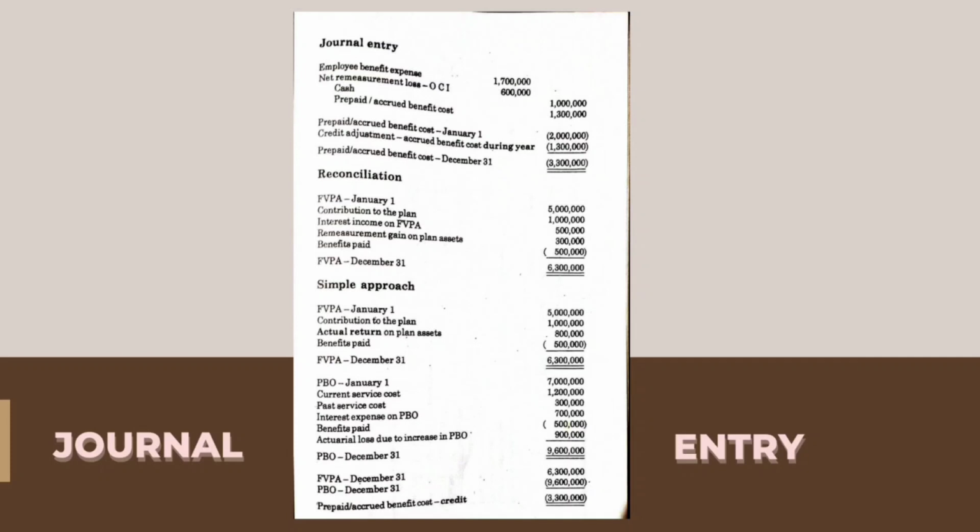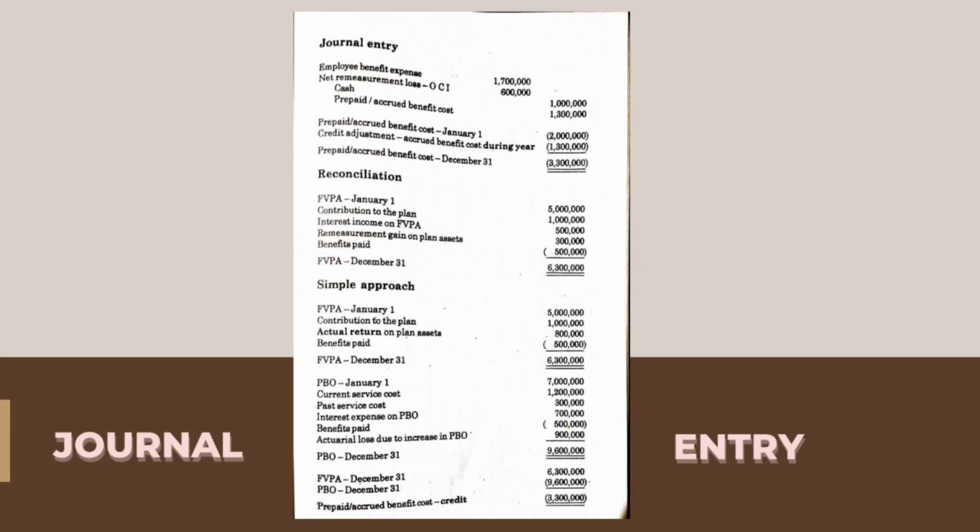6,300,000. In simple approach, FVPA on January 1 is 5 million, contribution to the plan again is 1 million. Actual return on the plan asset, 800,000, and the benefit paid, we'll subtract again, the 500,000. So FVPA on December 31 is